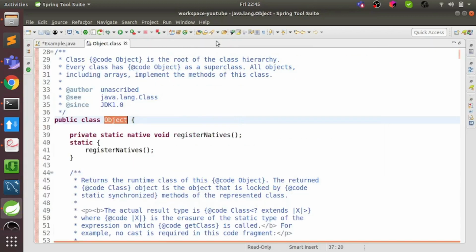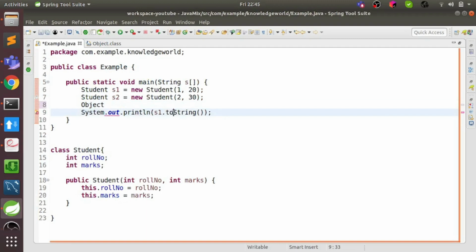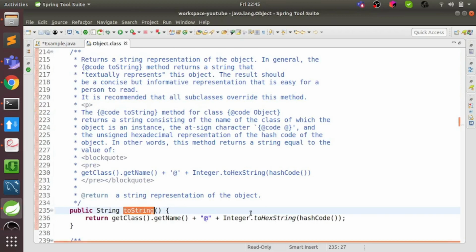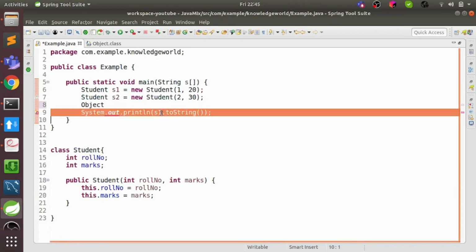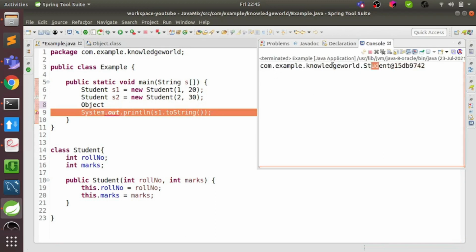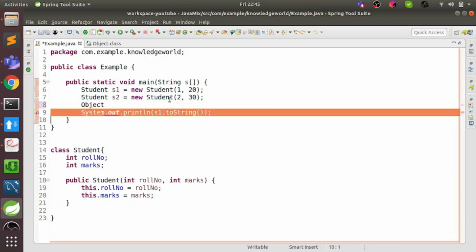So this is the Object class. This is the parent class for all classes. Here it has the toString function. That's why this toString function is available on the Student object. That means this function is getting called when we do this. Looking at the output, it is class name @ something, and this function is doing exactly the same. It returns the class name, @, plus the hash code converted to a hex string. So this is what is happening right now.